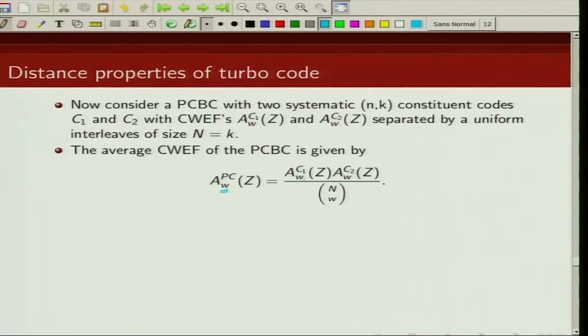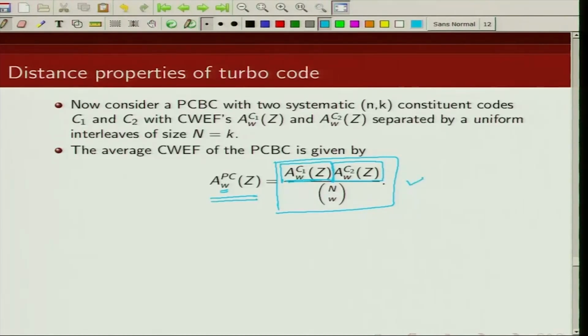For the first encoder, we have input weight W getting in, and this gives the conditional weight enumerating function corresponding to input weight W. Similarly, for the second encoder, this will be the weight enumerating function for input W, and then averaging over all possible interleavers,